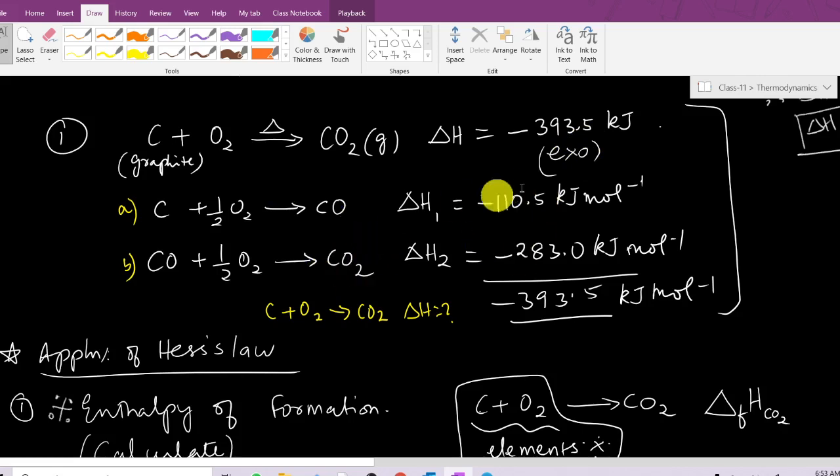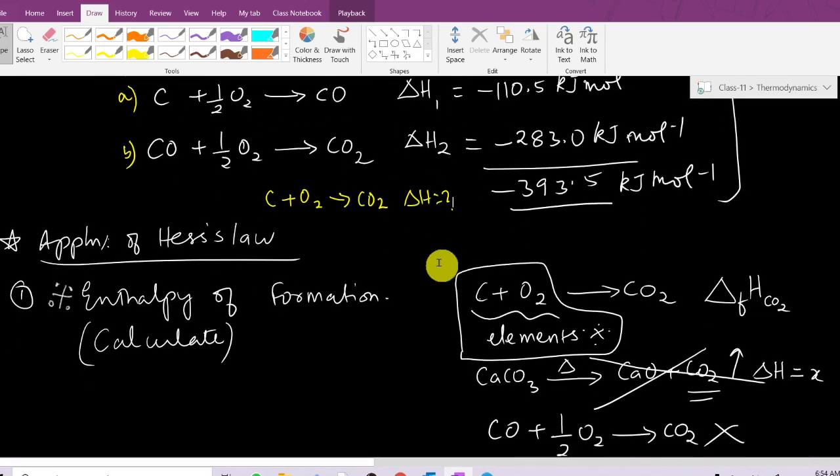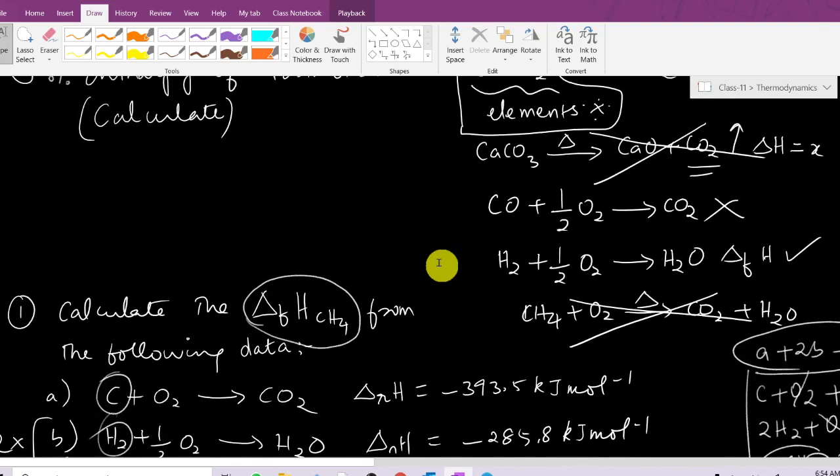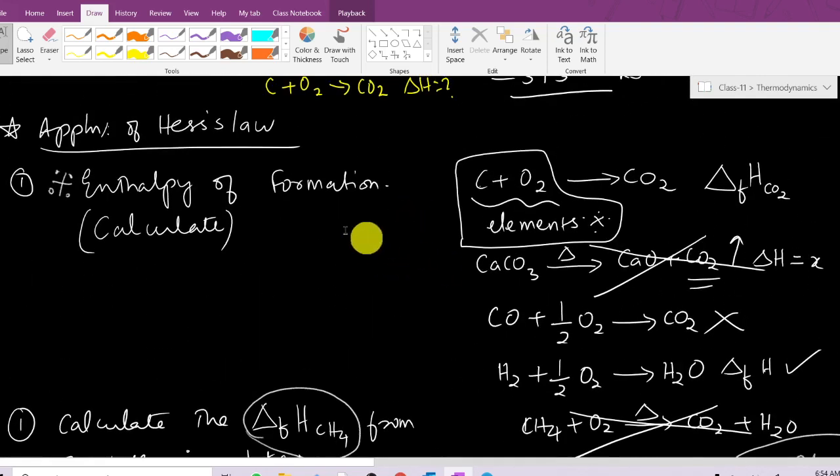So this is a worked out example of Hess's law of constant heat summation. You will get a problem on this topic, in which they will give you some input data, like this they will give 3 reactions, and then they will ask you to find out the overall reaction. Before going into the problem, we will see the application of Hess's law in various aspects, and then we will try to do some problems in Hess's law.